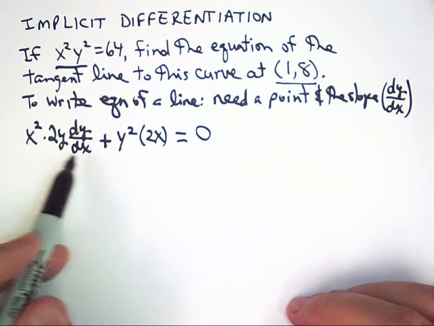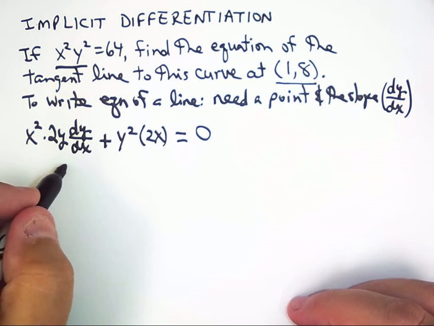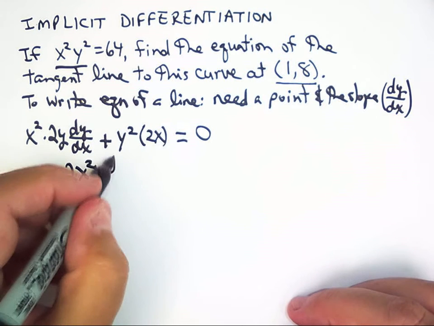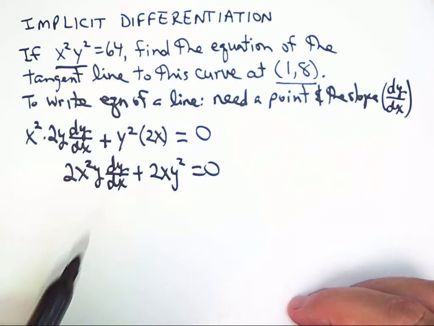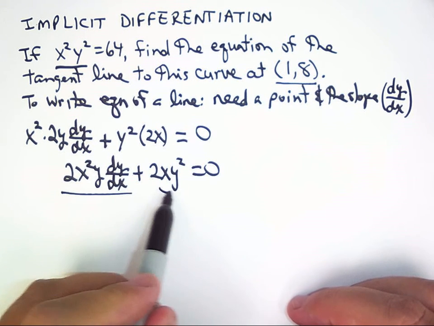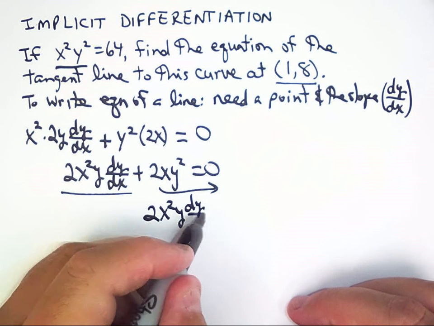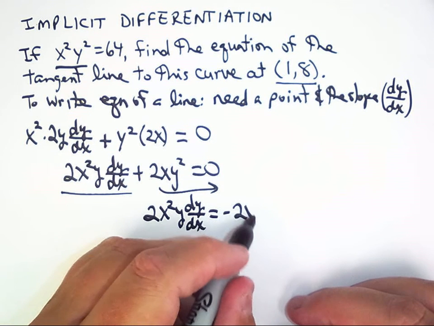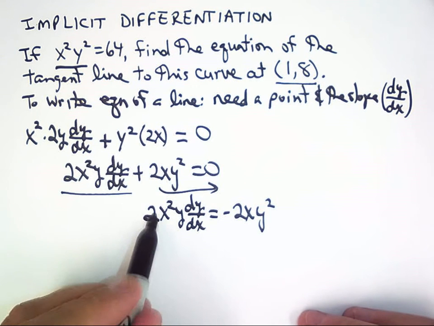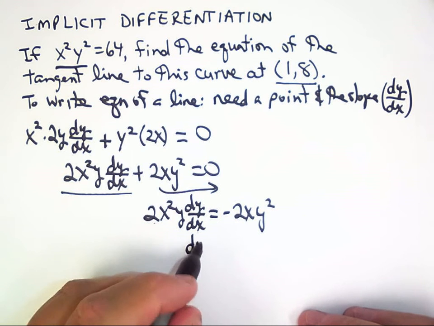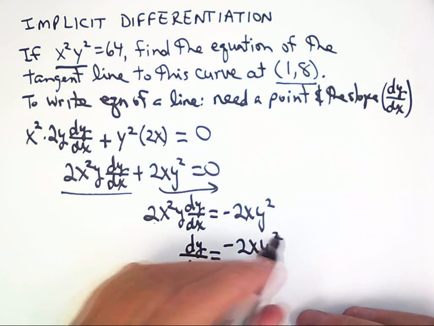Now it's just a matter of simplifying it and writing this with dy over dx on one side. So what we really have here is 2x squared y times dy over dx plus 2xy squared equal to 0. So I want to leave this where it is and move this term over. So I get 2x squared y times dy over dx equal to negative 2xy squared. Then if I divide both sides by that 2x squared y, I get dy over dx is equal to negative 2xy squared over